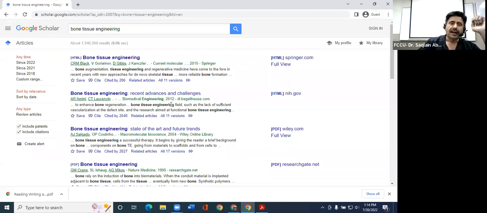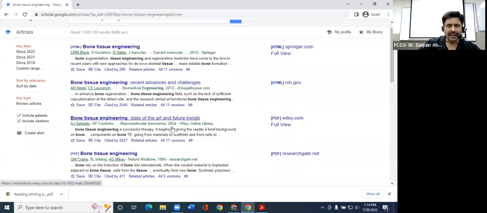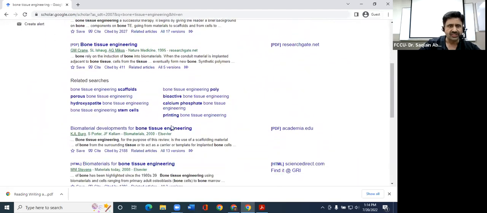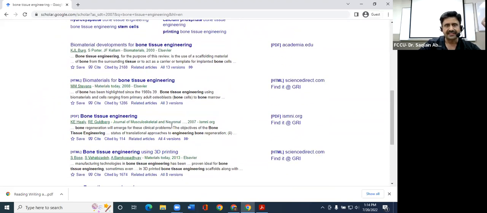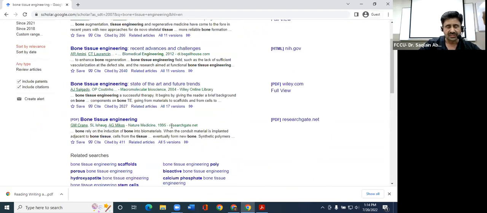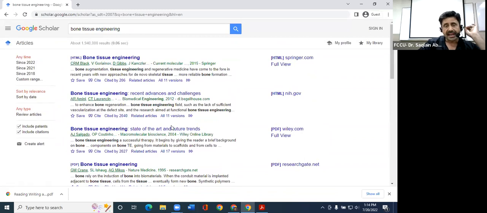So I must be downloading this paper and studying it and reading it. The next one is 2027 and 411 citations, 2,188 citations, 1,286 citations. So this is a random search. So first of all, I shall be picking those papers who have very good citations, because those papers will be relatively older